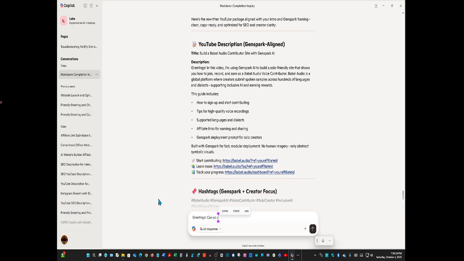And you a privacy page and a terms and condition for Babel Audio. Capitalized. It knows it.